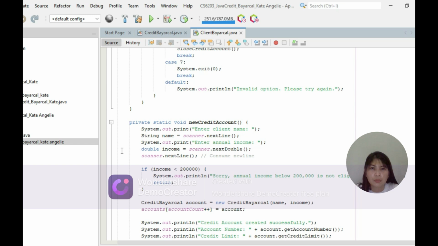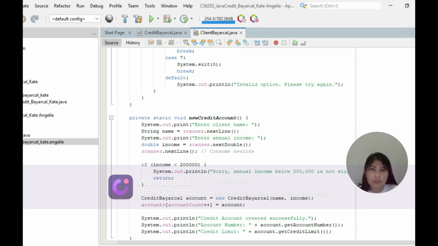So System.out.print, open quote, enter annual income, colon, close quote, and then semicolon. So double income equals scanner.nextDouble(), semicolon. So scanner.nextLine(), open and close parentheses, and then the semicolon.